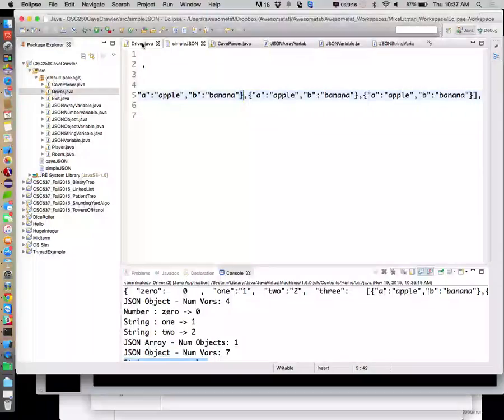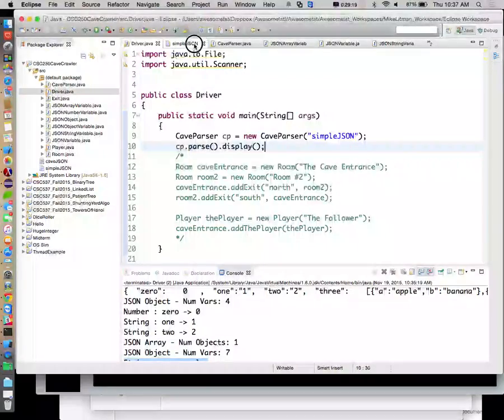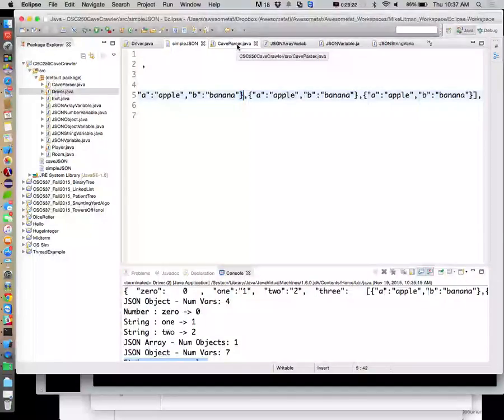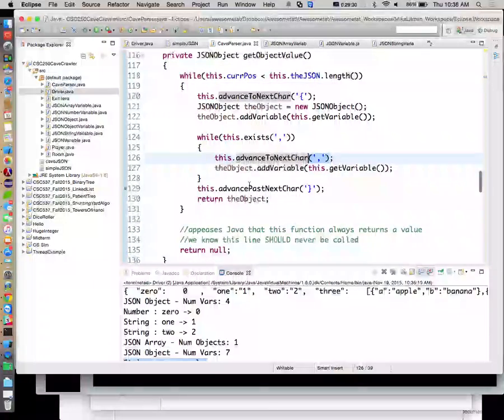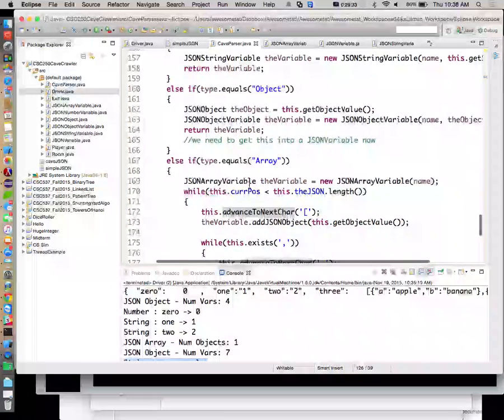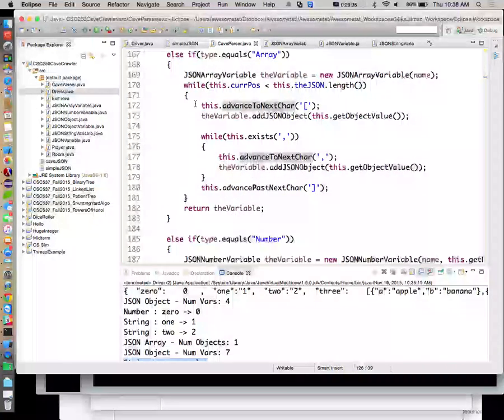All right, so if we are currently, get to our CaveParser. So here's our get array. Start there, end there, grab our one object. All right, so this is the part that's breaking or giving us the wrong result. It says if there is another comma, advance to it. So what we really probably want to say is if there's a